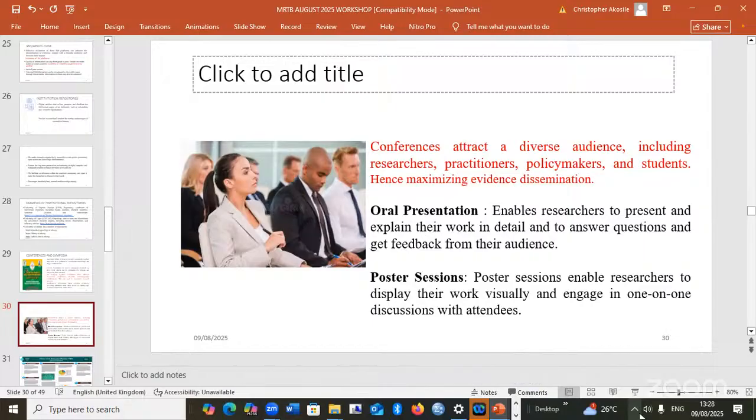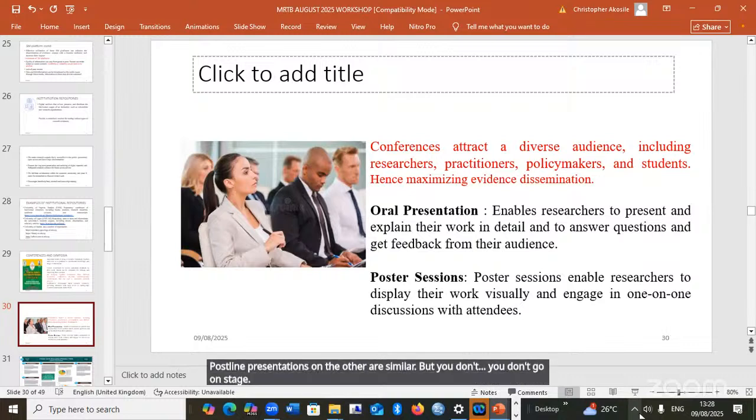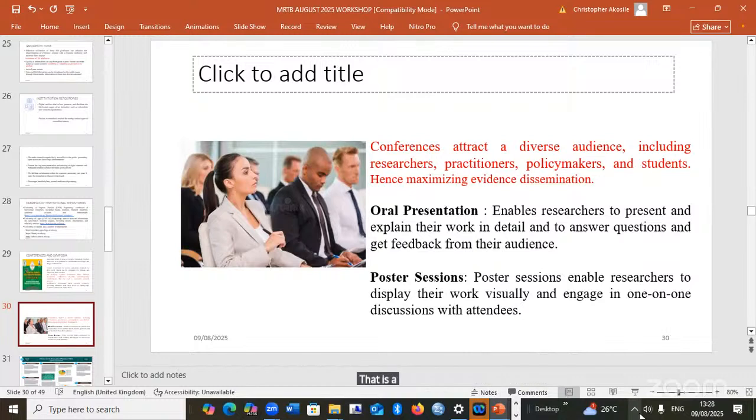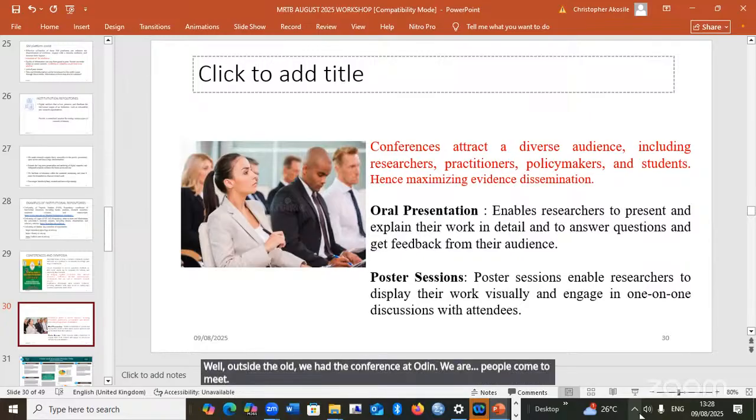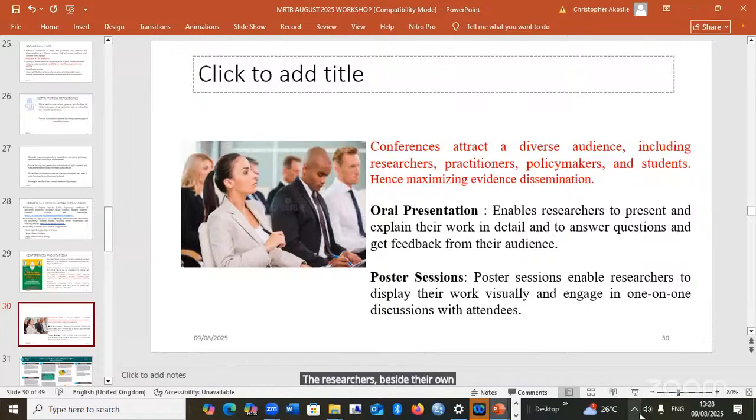Poster presentations, on the other hand, are similar, but you don't go on stage. There is a poster platform that is created maybe outside or at the back of the hall where the conference is holding, where people come to meet the researchers beside their own poster.